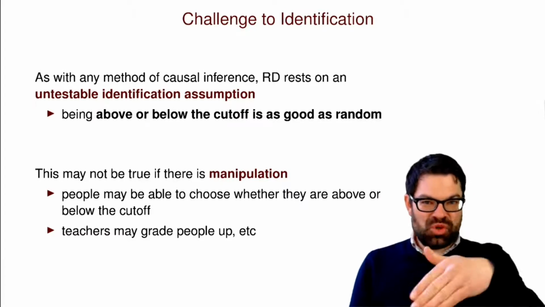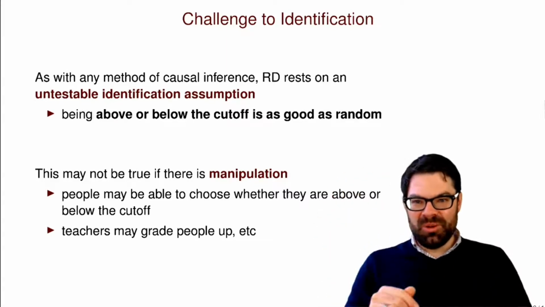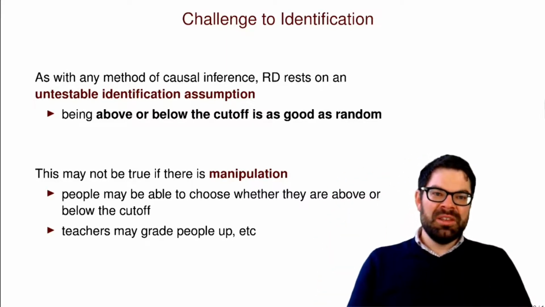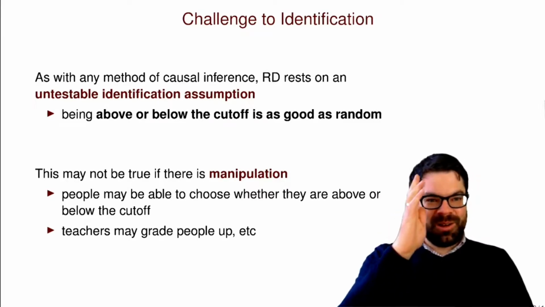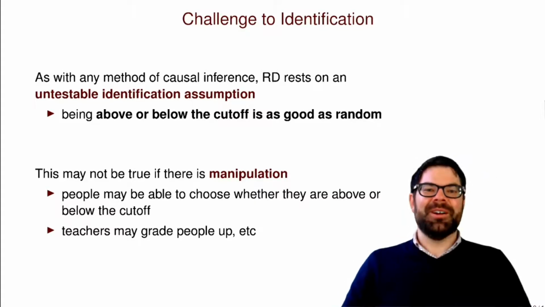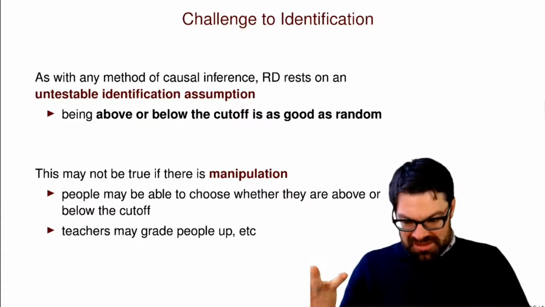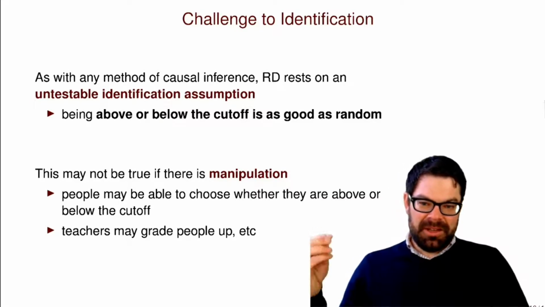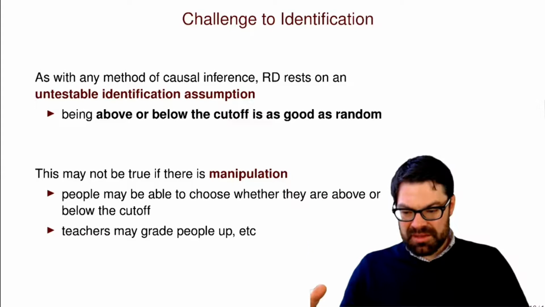So you see huge spikes at those thresholds where, if your income is just below 1,500 euro a month, you get an additional unemployment benefit, and then guess where a lot of the incomes are concentrated? Exactly below 1,500. And then it depends on the context whether these things can be manipulated, the treatment status